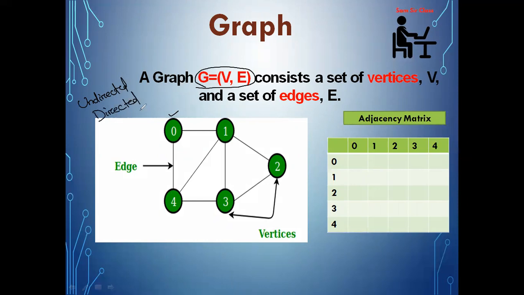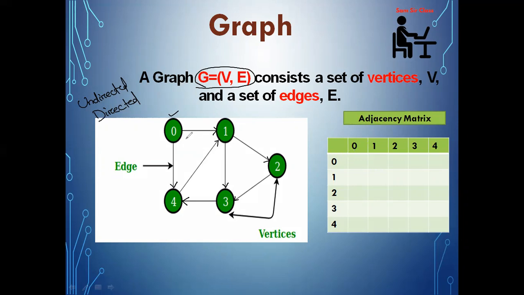If you see the example of an undirected graph, you will find that there is no direction between any pair of vertices. But in a directed graph, we will find some direction like 0 to 1, 0 to 4, 4 to 1, 1 to 3, 1 to 2, 2 to 3, and 3 to 4. So this is known as a directed graph. And if you want to find the adjacency matrix of this particular graph, you have to compare every pair of vertices.